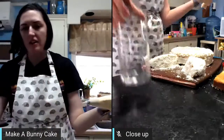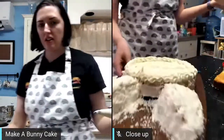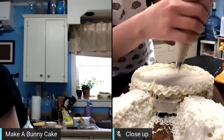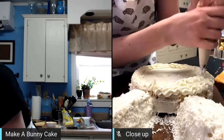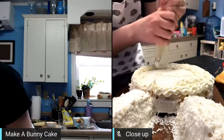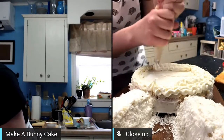Like, these are not even defined rosettes. I'll come up closer, but it looks more like a Dairy Queen cake, honestly. You know, the way they just kind of put it around the edge. I better stop going in circles or this guy is going to